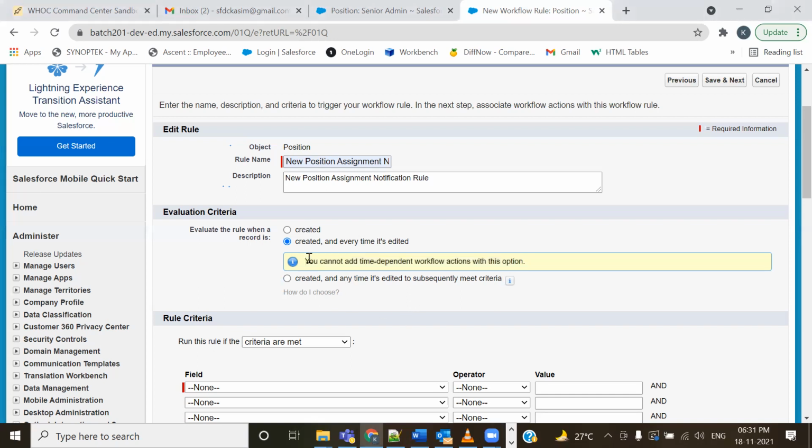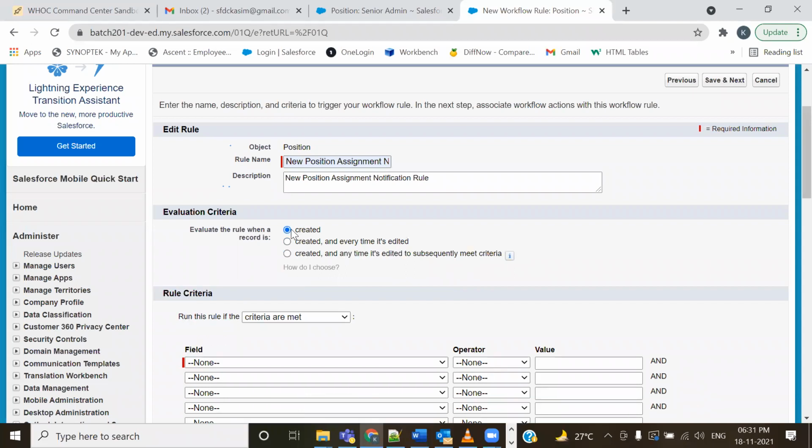So you can add immediate action everywhere, created and every time it is edited, created and any time it is edited, right? But the second one, a time dependent action, could be created on created and anytime it is edited, meeting the